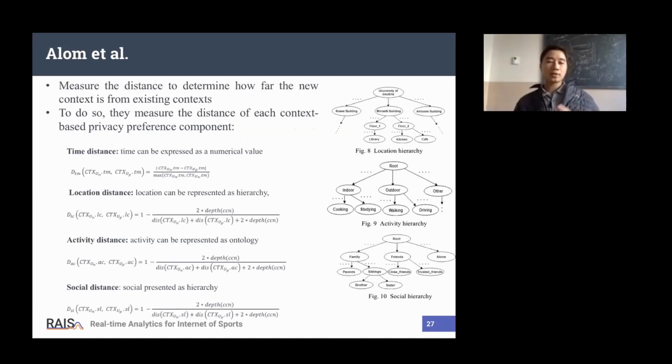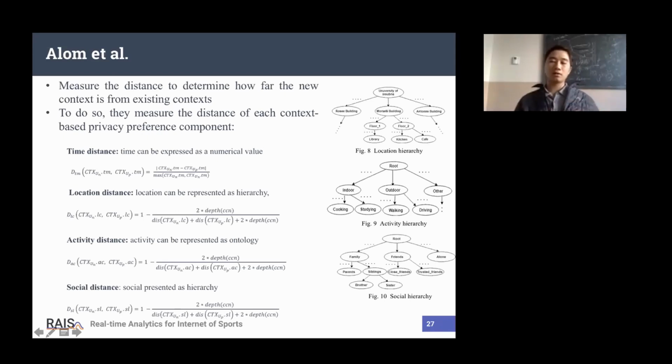Go next with the metrics. In the metrics, he has 4 different measures of the distance between the previous context and the new one. He mentions ways to measure them. First, the time distance is easy.